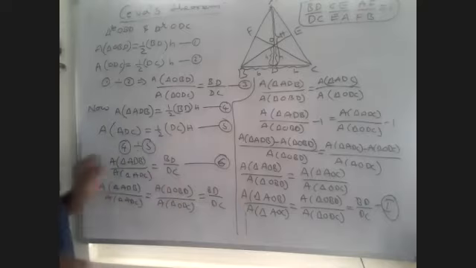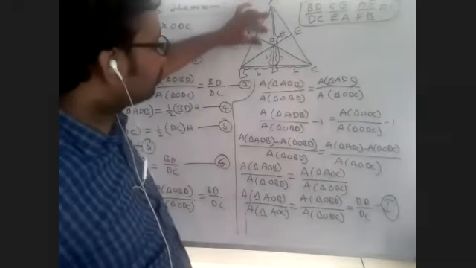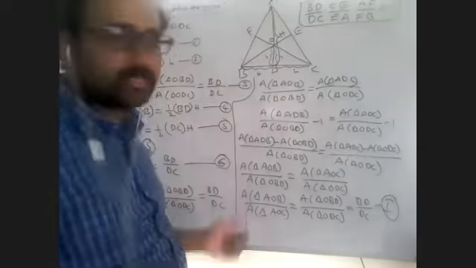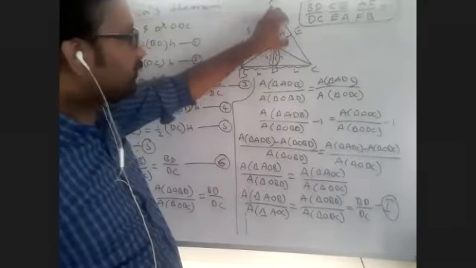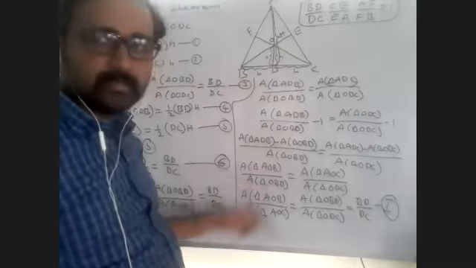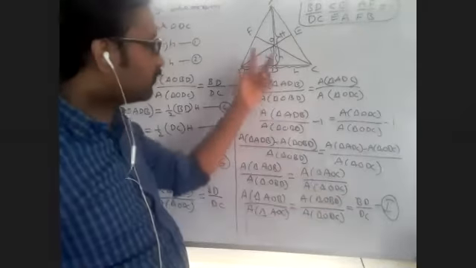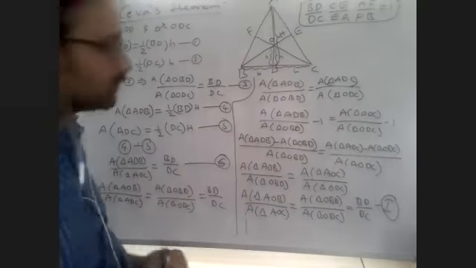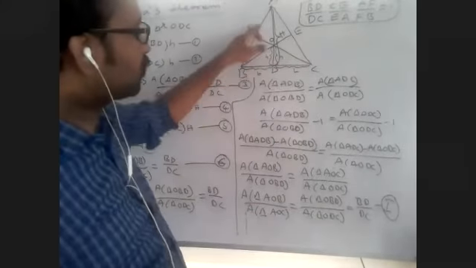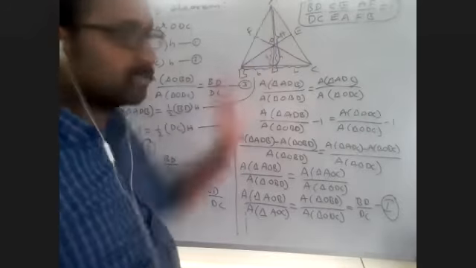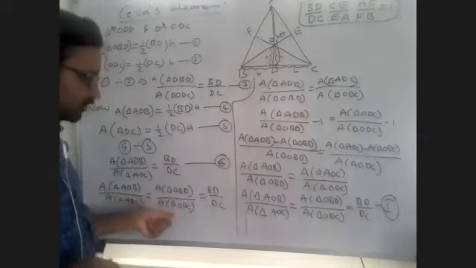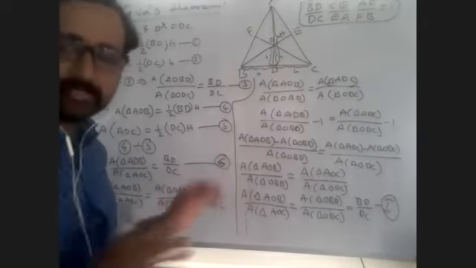We are taking these 2. Why? Because we have to find this area. To find this area, we took that, that's all. This area and this area are also divisible like this, it is the ratio of these 2 areas only. So we can write the ratio of this, the ratio of this, the ratio of this. All ratios are equal. This equal to this and this equal to this we got. So all ratios equal, we proved.